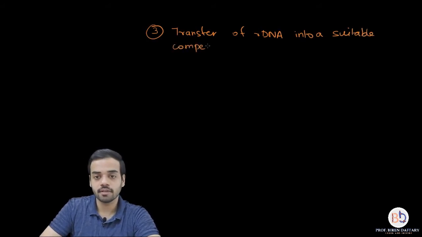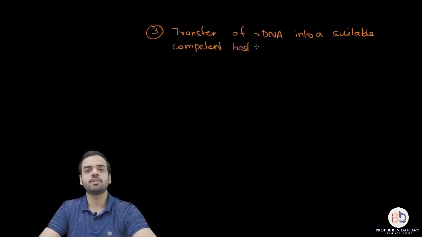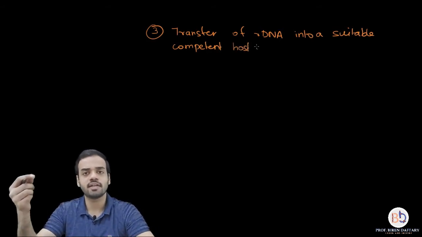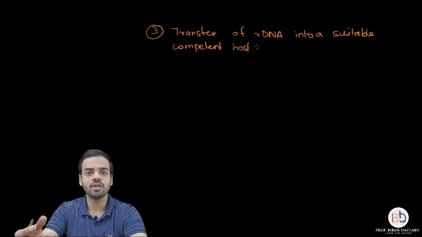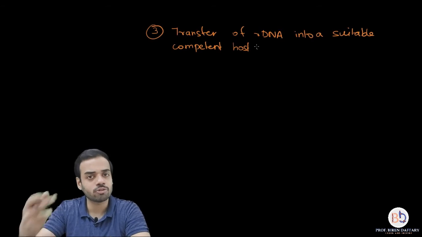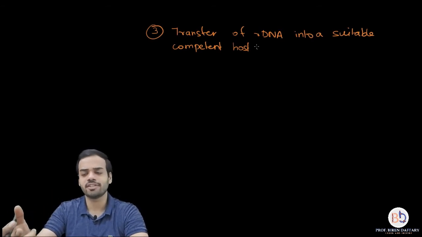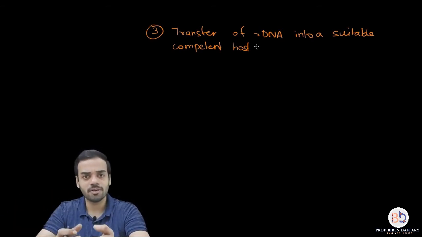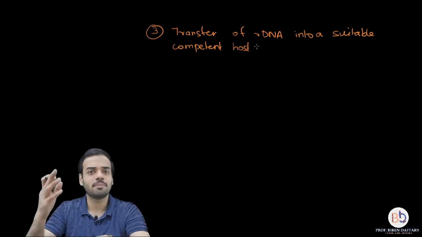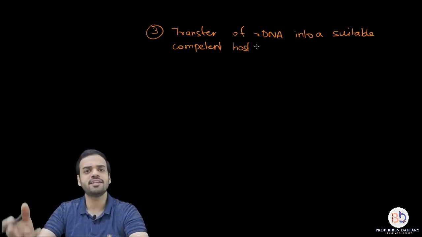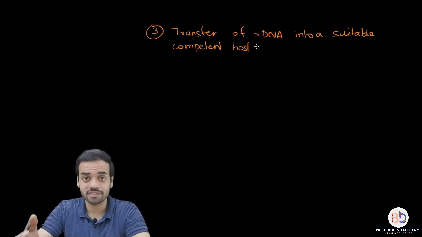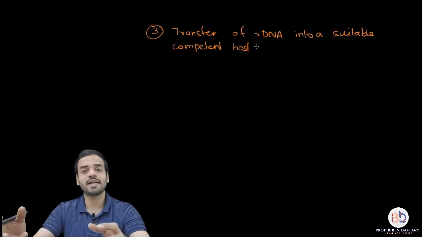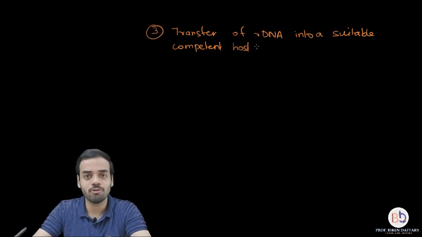competent host. See, we are going stepwise, very simple. First we took out the required gene, then we attached the required gene with the cloning vector, we got recombinant DNA. What we have to do, we have to put the recombinant DNA into a host, which is a suitable host. We have studied E. coli, H. pylori, Bacillus haemophilus. So out of these bacteria you can use any one. You can even use, by the way, Agrobacterium tumefaciens for agriculture. So all these bacteria can be used as a suitable host.